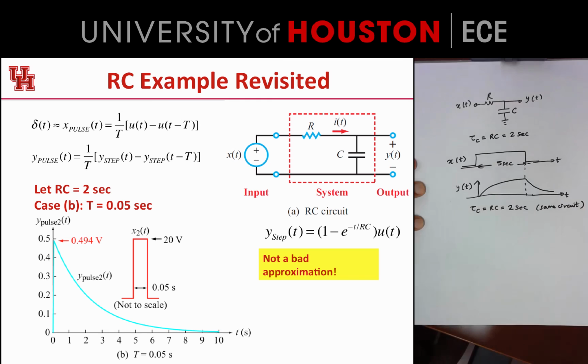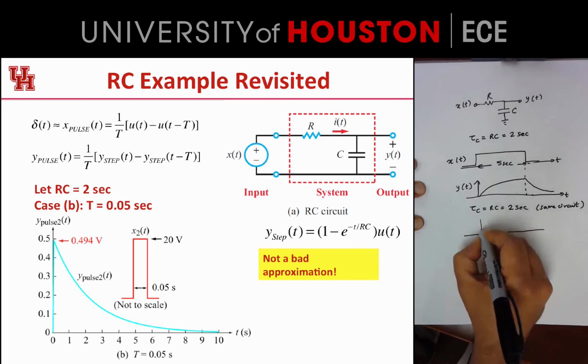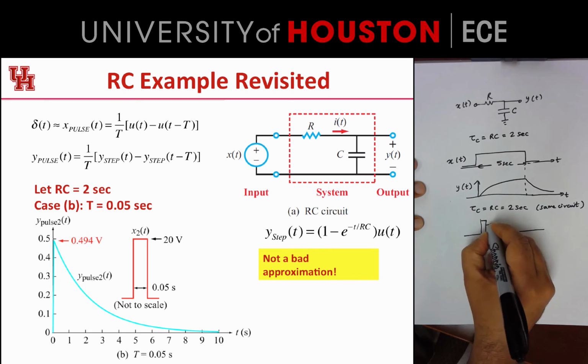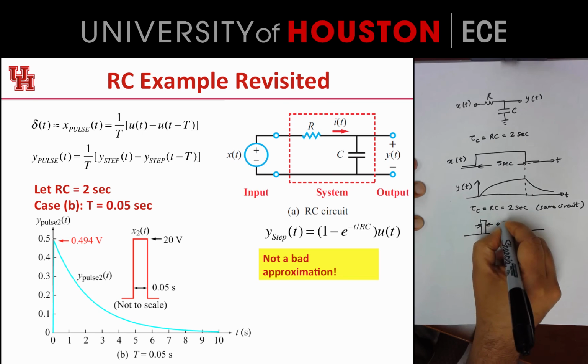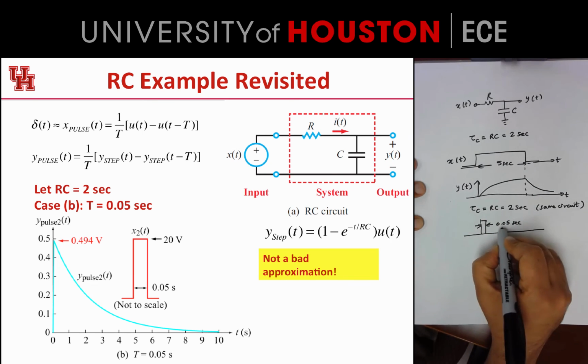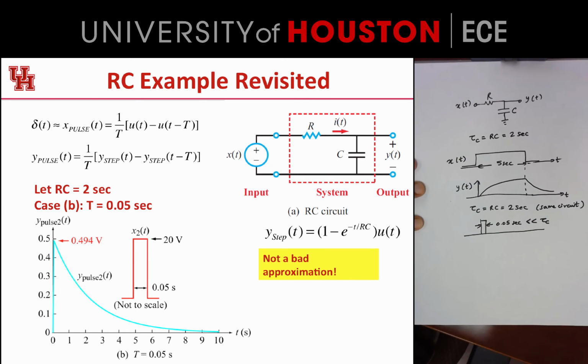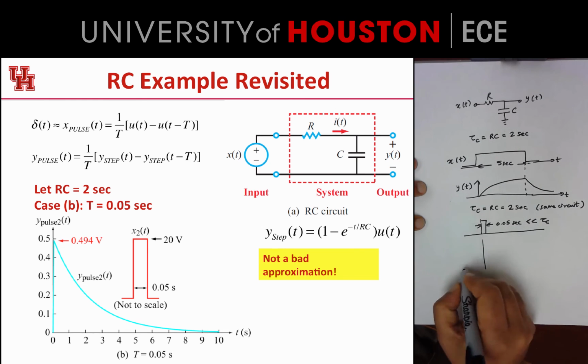But what we're doing is changing the width of the pulse, and our input now is going to be kind of like this. It's going to be 0.05 seconds. So this width here is 0.05 seconds. Now clearly this is much smaller than tau c, right? So if you look at the output,